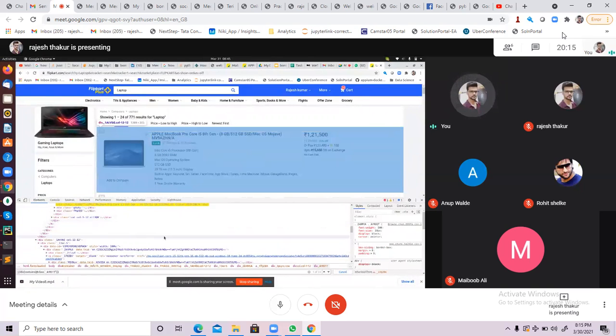Again, I'm going to repeat: the contain attribute function is only and only used whenever you are not able to identify with the help of the exact attribute value. Because, as I told you, UI developers mistakenly or intentionally put some spaces, and we are not able to identify them. So in that case, this is one of the benefits of the contains attribute.